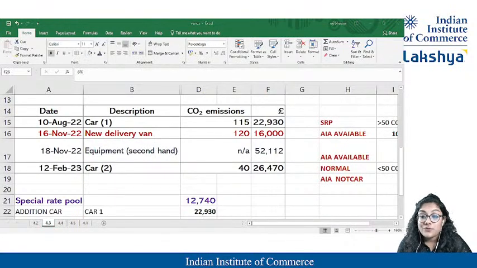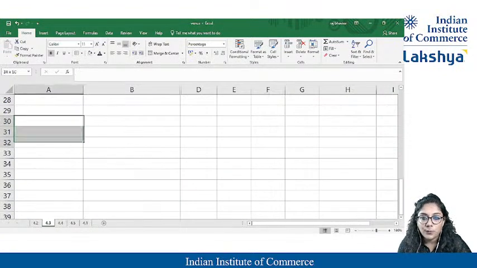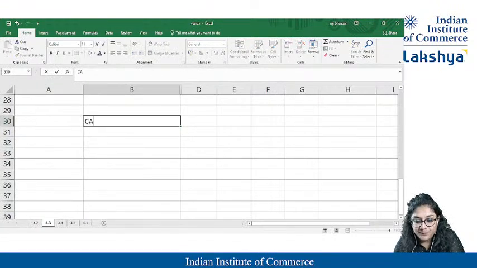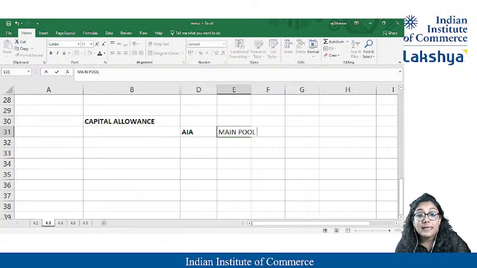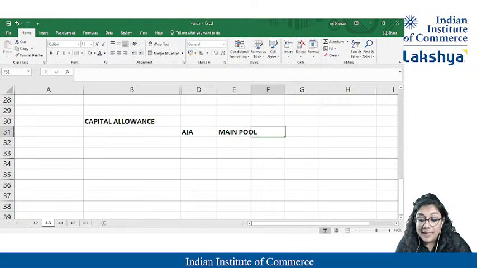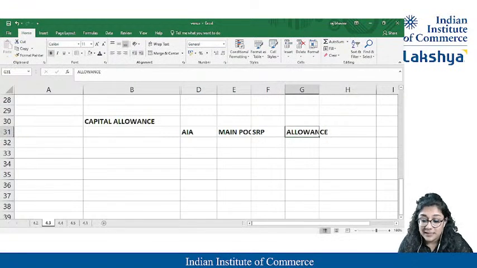Yeah. So first of all, please check the capital allowances. I am making the boxes over here for capital allowances. Yeah, students, we know in the classes we are going to do all these things. For capital allowances we check, we write AIA if I'm getting AIA. What is my annual allowance? What is my main pool? Is there any opening balance given for main pool? Am I getting any SRP, special rate pool? If I'm getting, please type that. Am I getting any allowances other than that? Please check the total.